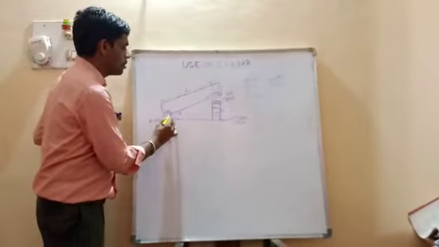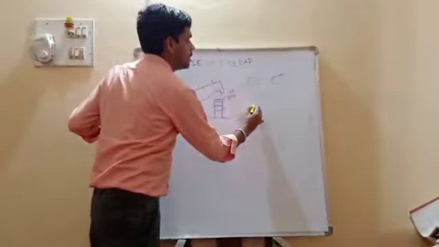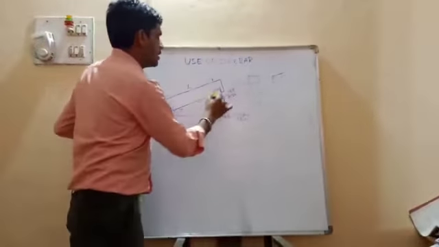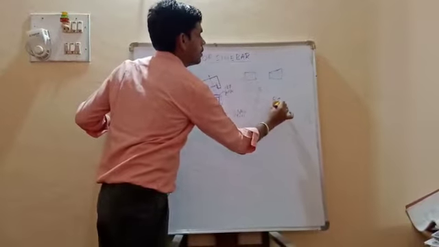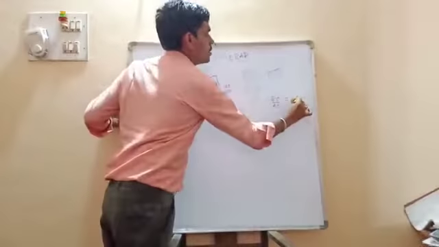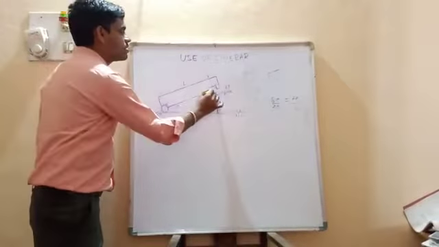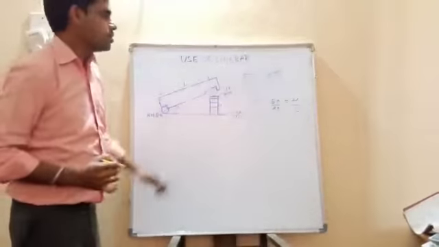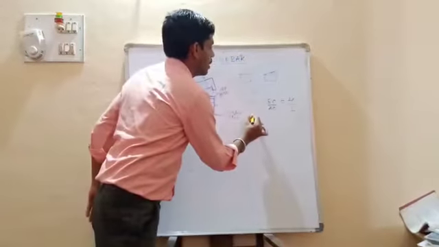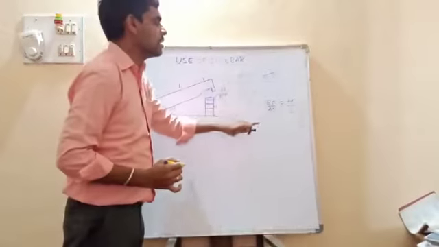as you know, in triangle A, B, C, by the sine rule, sin theta is equal to opposite by hypotenuse, that is BC by AB. BC is H, whereas AB is L. L is the center distance between the two rollers. With sin theta equal to H by L, we will get the approximate height. So by using the sin theta value, we will get the H value.